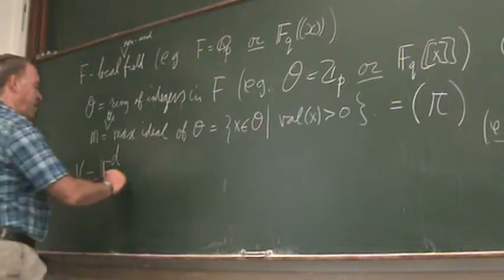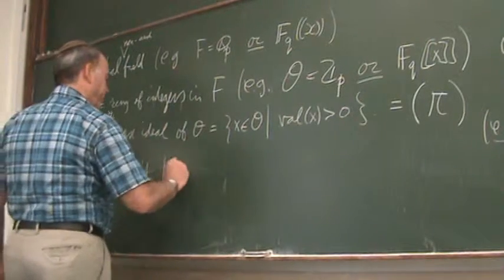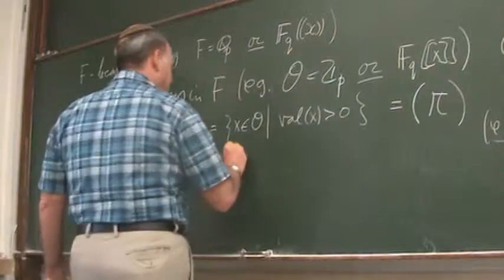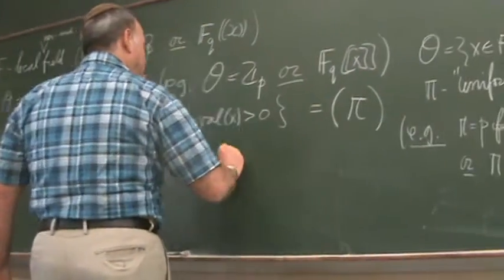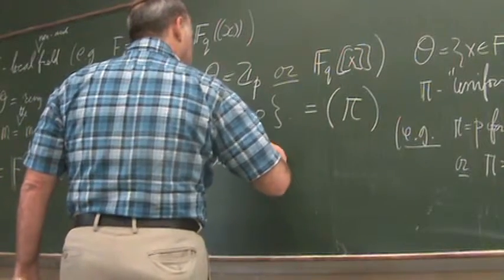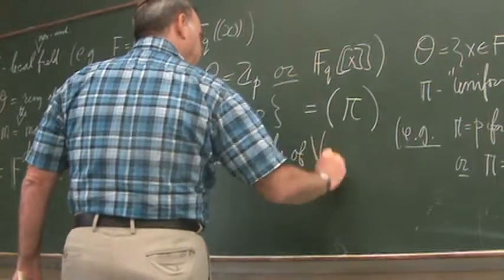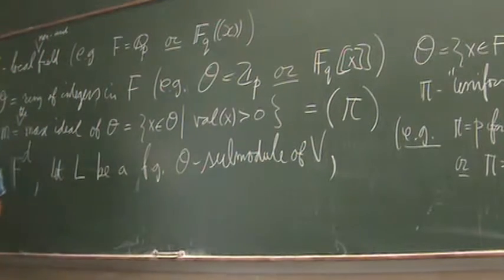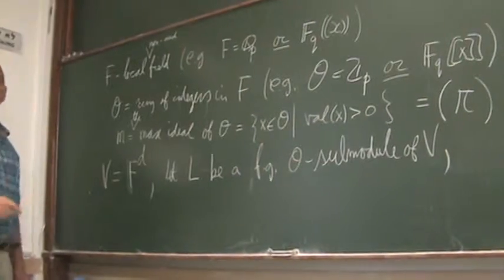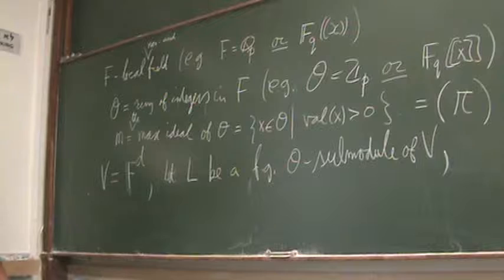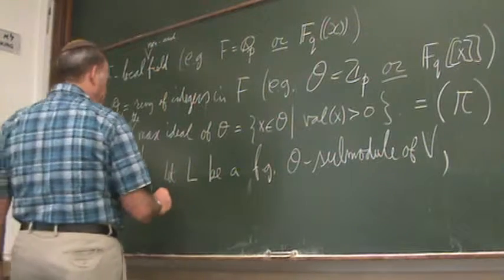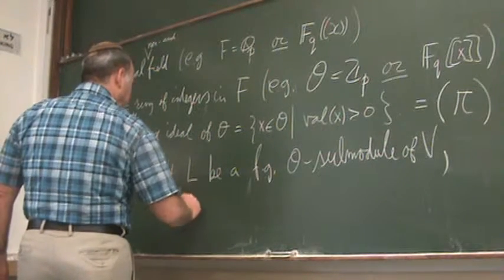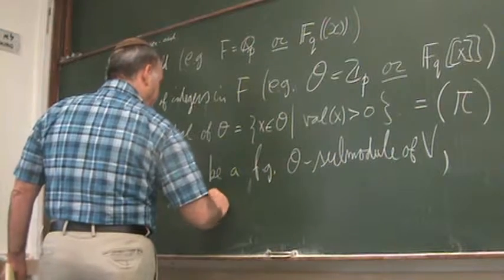F to the d, and then let L be a finitely generated O submodule of V. So you see, V is a vector space over F, and therefore is also a module over O. But as a module over O it is not finitely generated, so we take a finitely generated O submodule